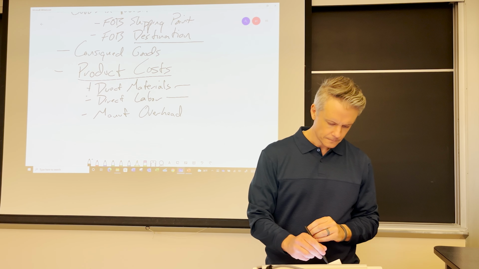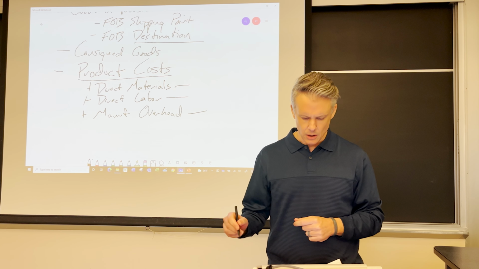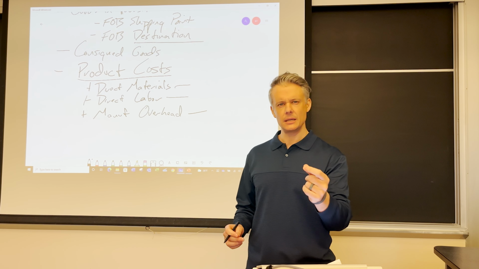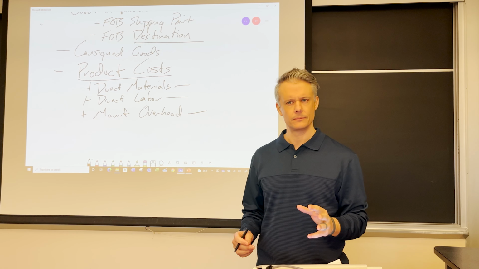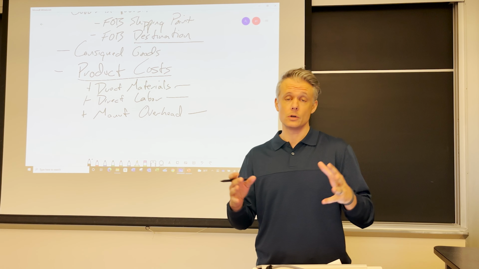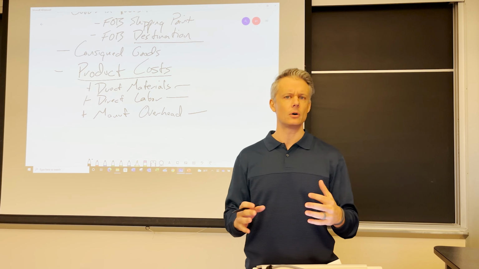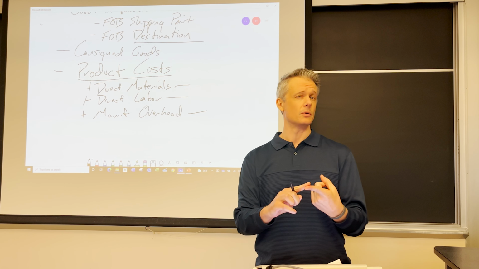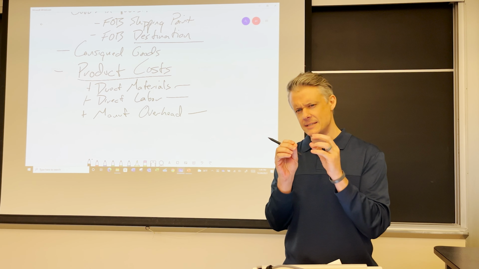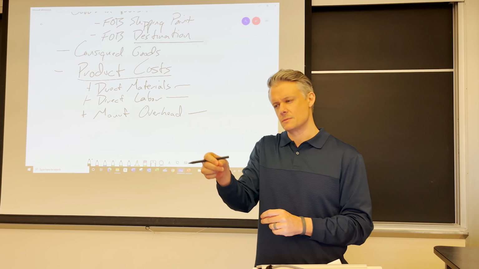The third one is manufacturing overhead. These are costs in the factory, but they're not directly, easily traceable to the product. But we still need these costs to make the product. In other words, if we didn't incur these costs, we couldn't make the finished product. I'm talking about the production supervisor, like salary personnel in the factory. It's hard to tie that person's salary to the product like a direct laborer who gets paid an hourly wage